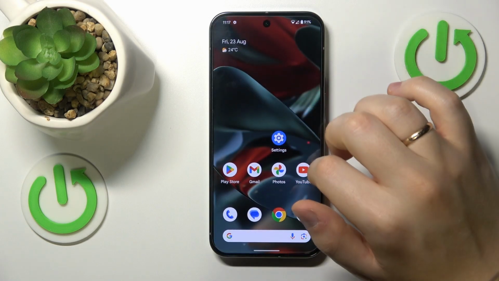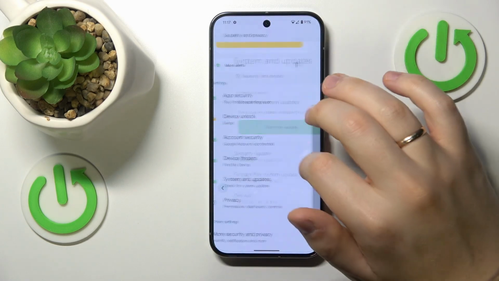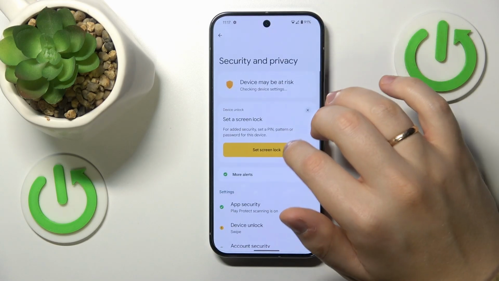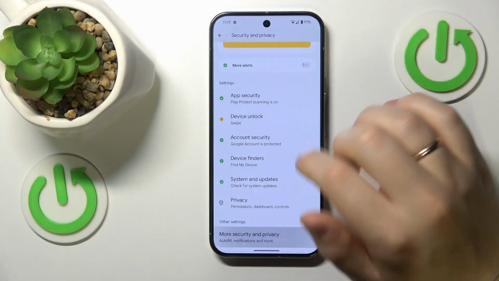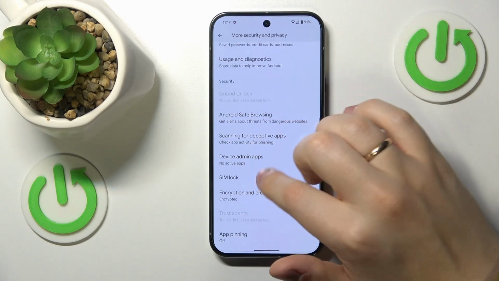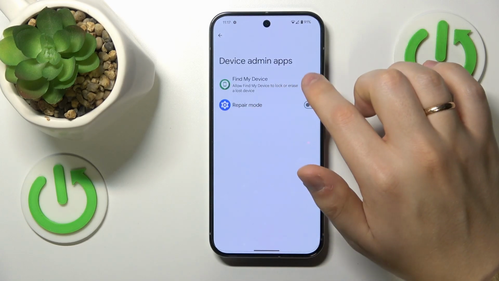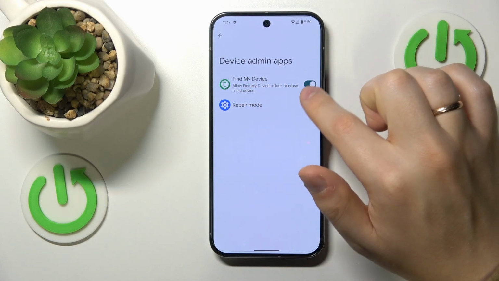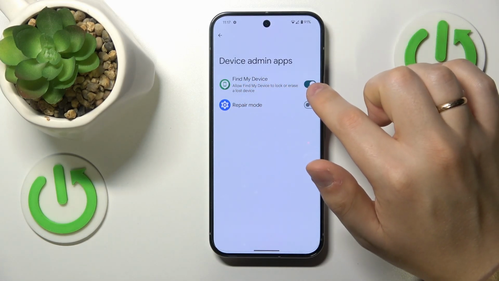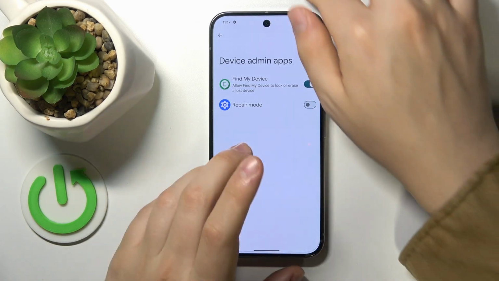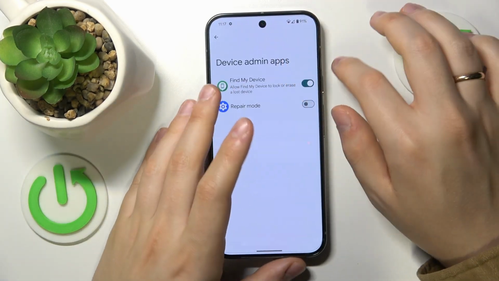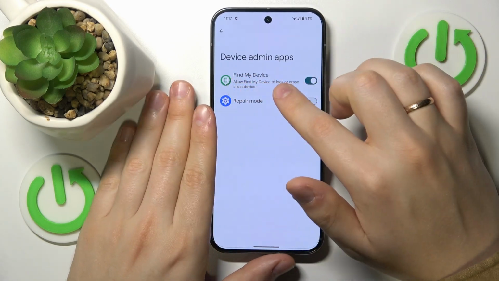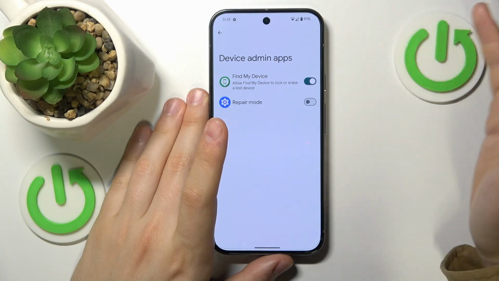And the final advice that I have is that you check your list of device administrators by simply launching Settings. I think you should be able to find it in the Security and Privacy category. More Security and Privacy. Let's see, device admin apps. So open this list and see whether the app you do not recall adding to this list has this permission active. Like you can see the toggle here is what color is it? I guess green, blue, whatever, which identifies that this particular app is indeed a device administrator,